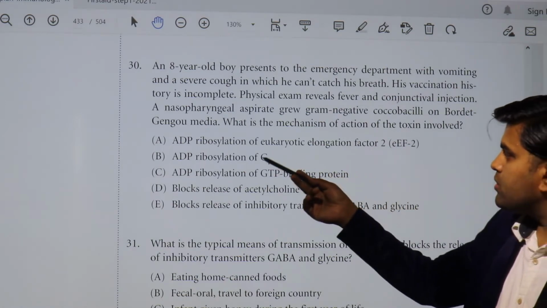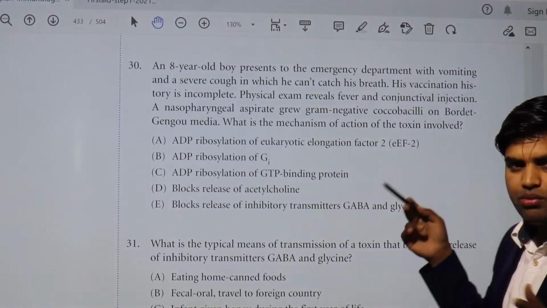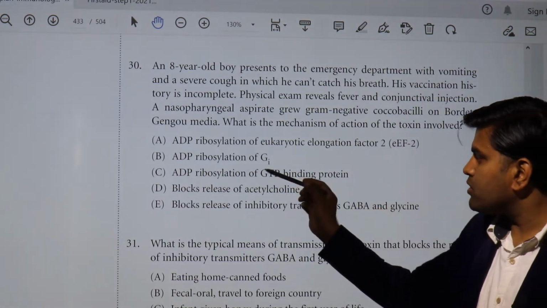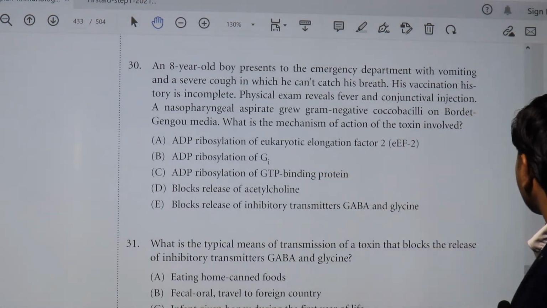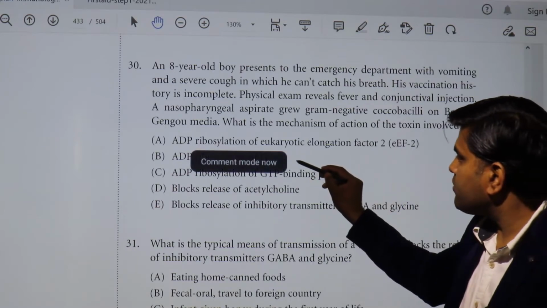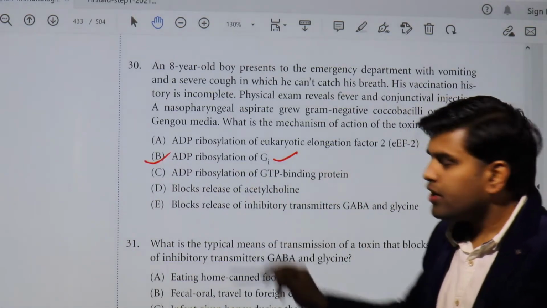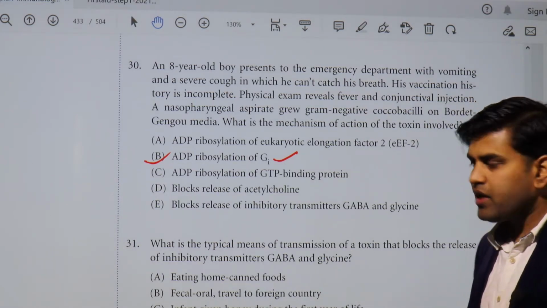ADP ribosylation of the eukaryotic elongation factor 2 is the feature of Pseudomonas and Corynebacterium diphtheriae, so this is out. ADP ribosylation of the GI, yes, this is the answer. B is your answer, because we have discussed that Bordetella pertussis will increase the cyclic AMP by inhibiting the GI